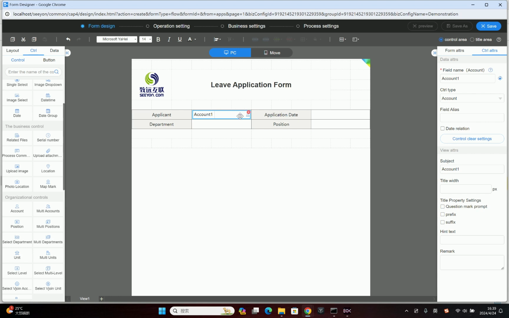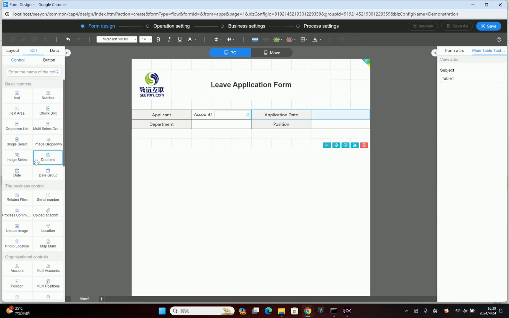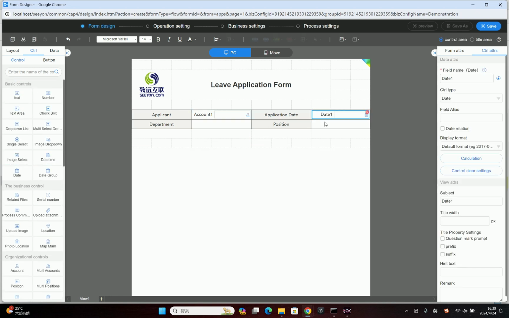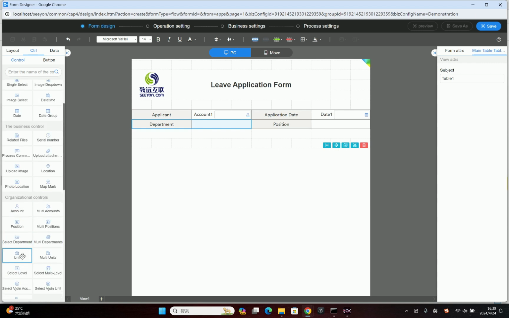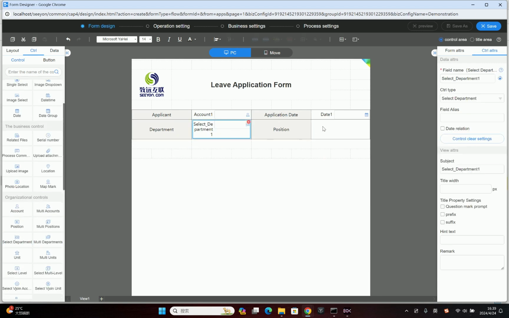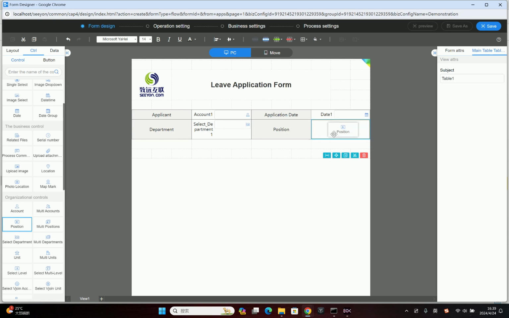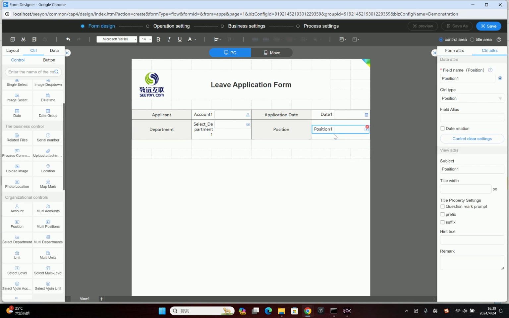Okay, so the user can only come from the system itself. Then we have application date, which we can use a date control here. For department, we can choose a department control here, select department. And position, also we have a position control here. Okay, so after we have dragged these controls in position, we can change some of the attributes regarding these kind